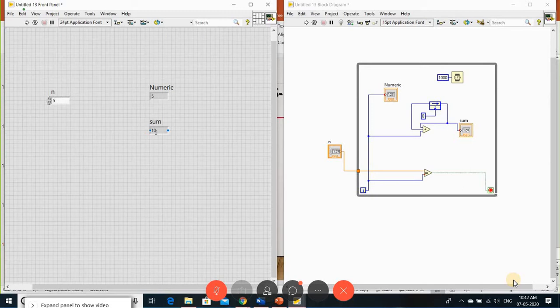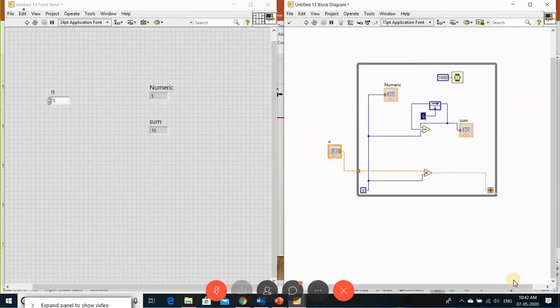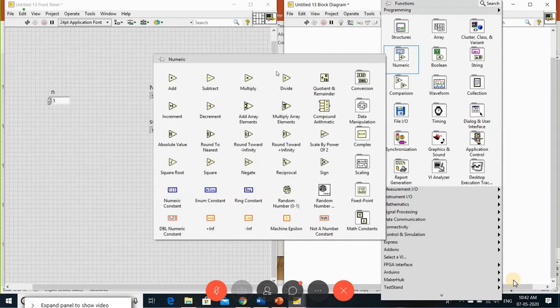Clear? So similarly, instead of the sum, for the factorial, whatever addition I have, I replace with the numeric multiplication. Change this constant to 1. Now I should start from 1, so I incremented by 1.